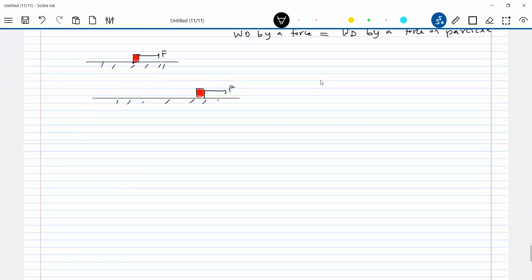Somebody asked yesterday whether normal contact is a dissipative force. Friction and viscous force are dissipative. What do you mean by dissipative force? Once it does work, it will not return back. The work done by it will be converted into heat. Normal contact is not a dissipative force. So is it a conservative force? No, it will come under the category of an external force. That's why in the work-energy theorem, we have work done by conservative, non-conservative, and external forces.